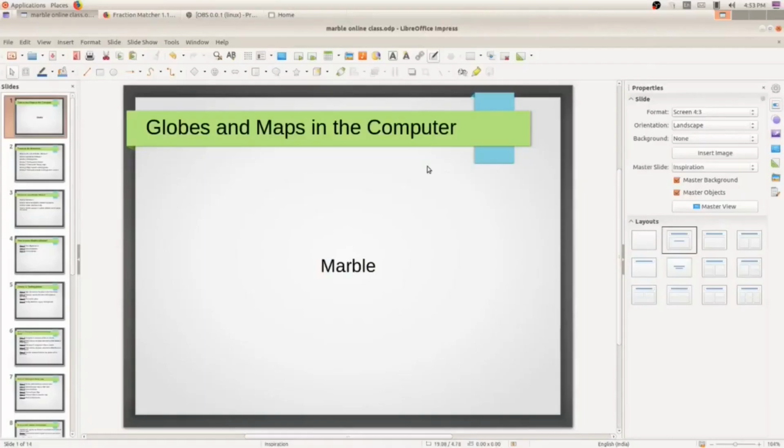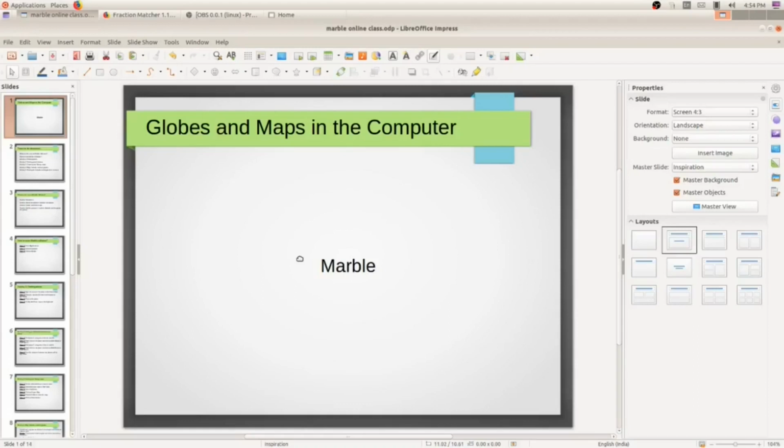So the chapter name is Globes and Maps in the Computer, and we are using an application called Marble. As I have told you earlier, this is a review of our second chapter.